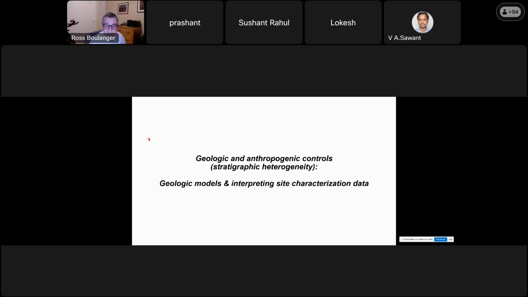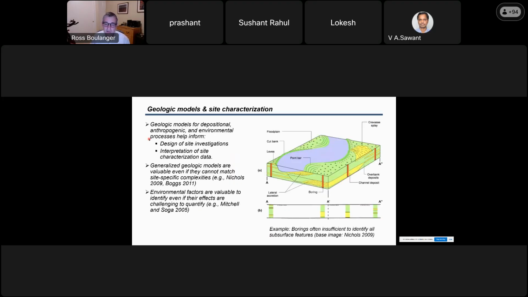Now, another aspect of the geologic and anthropogenic controls that we discussed is the importance of geologic models for helping us interpret site characterization data. And geologic models, where we try to have a mechanistic description of the processes and their sequence and types that affect how soils are laid down. So we're trying to get depositional, anthropogenic, and environmental processes. And just to illustrate it, this is one